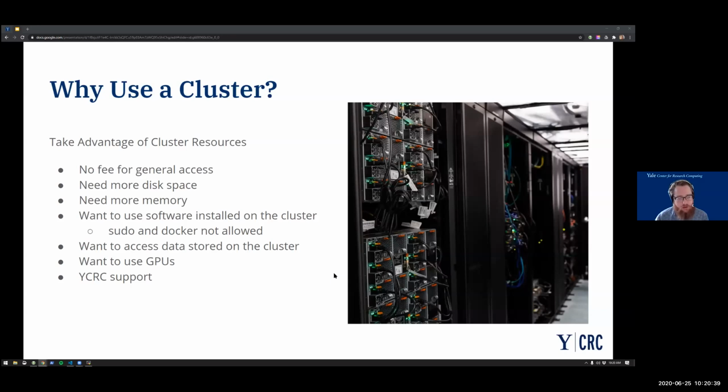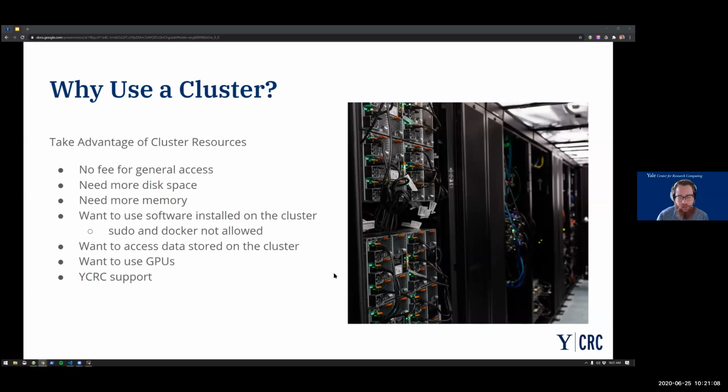The quotas and disk space that we give you are, I would say, quite generous, especially compared to a lot of other academic computing centers. Again, in the cases where your analyses no longer fit on your laptop or desktop, either in terms of the amount of disk space you need or in terms of the amount of memory or RAM that you need, the cluster is sort of the next step that you can go to.